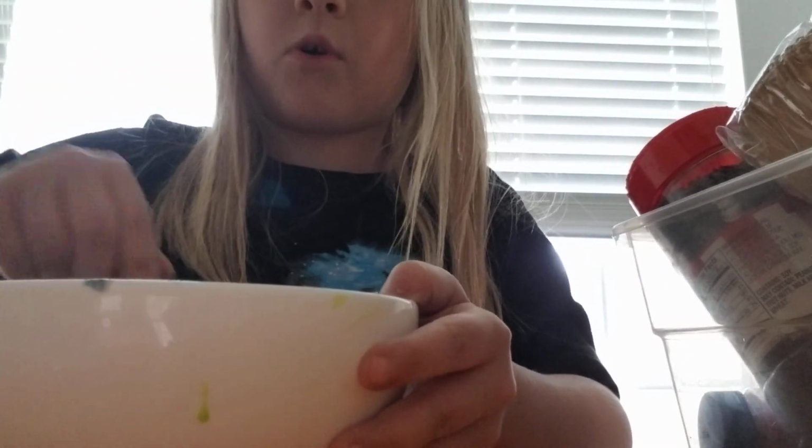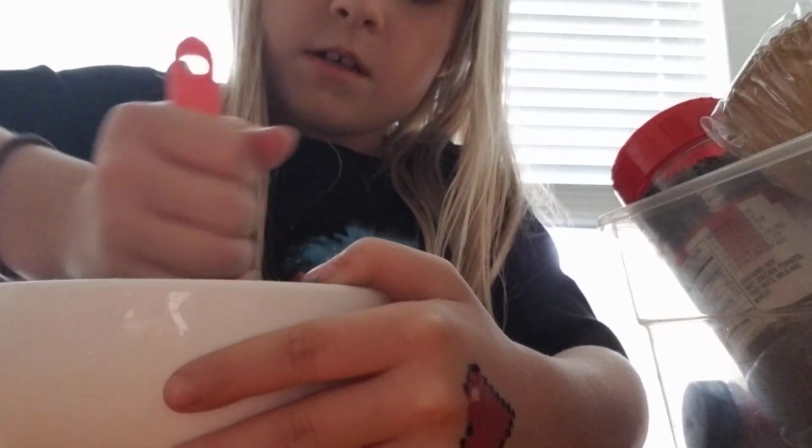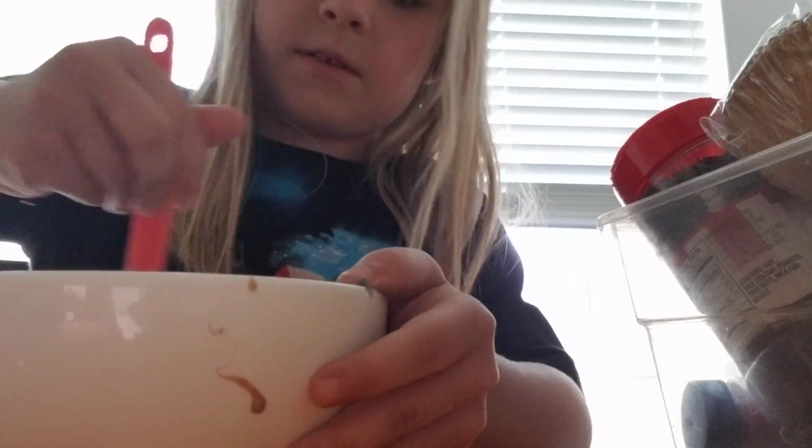So now you're just going to want to mix the whole thing together. You can't really see it, guys. Yeah, arranged again. If only I had a tripod, that'd be better. So you're just going to want to scrape it off the sides of the bowl. Scrape all the slime off the sides, and you're just going to want to keep mixing it until it comes